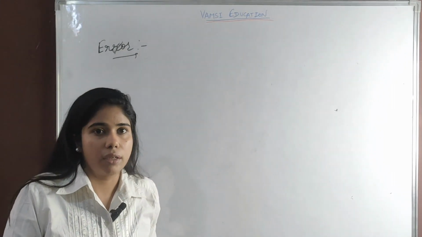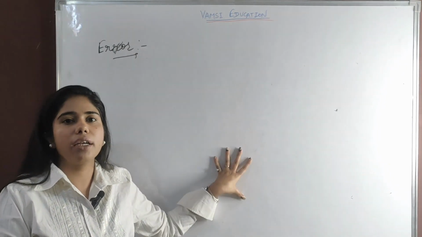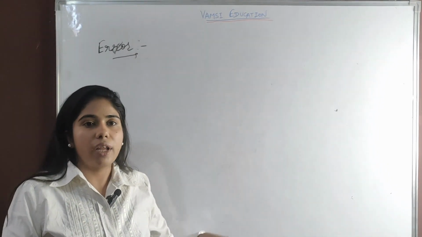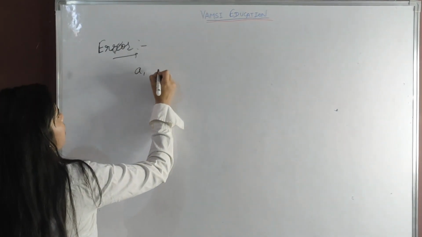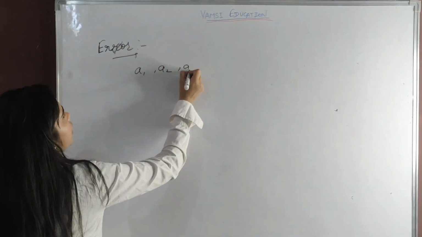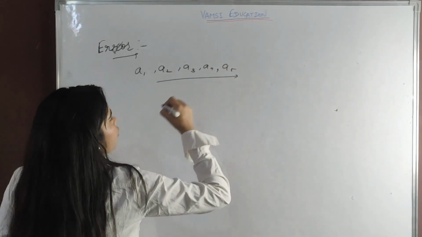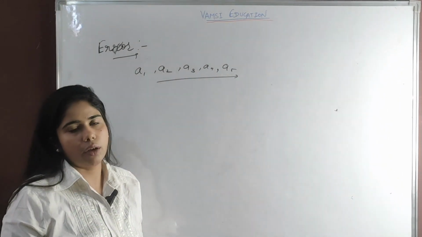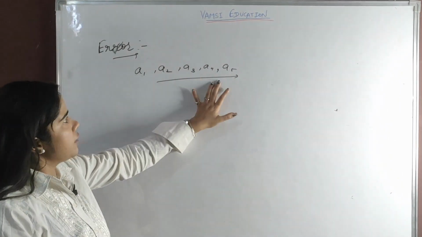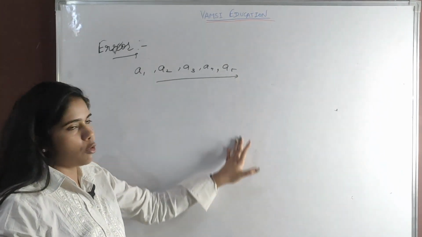So you have to know error is what? A kind of mistake. But if we have some reading, some data, then how can we find the percentage error for any given data? So we are considering a given data, that is A1, A2, A3, A4 and A5. We are performing an experiment and we have these 5 readings right now. In these 5 readings, how can we find the percentage error? What will be their format?